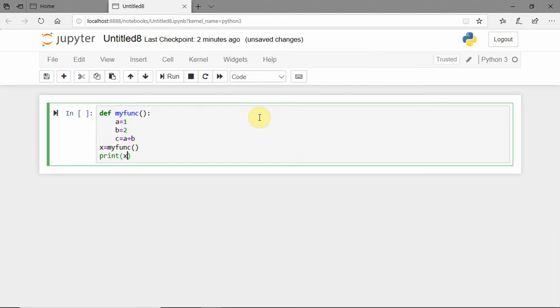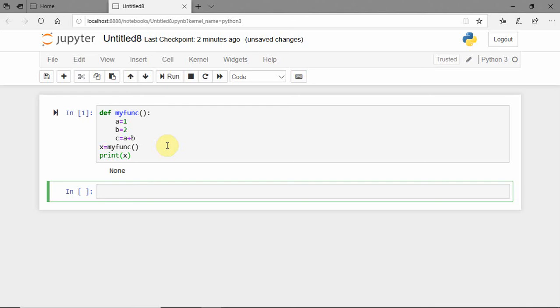What will be the output for this program? You won't get any output. Let's have a look. You didn't get any output. You will get None. Why do you get None? Because the function is not returning any value. So here you have written a is equal to 1, b is equal to 2, c is equal to a plus b. That's it. But here in the function you are not printing anything. Suppose if you write print something, and assign that value to x, okay. But here my function is not returning any value, and whatever it returns, which is nothing, I am moving to the x, and that I am printing. So you'll get the answer as None.